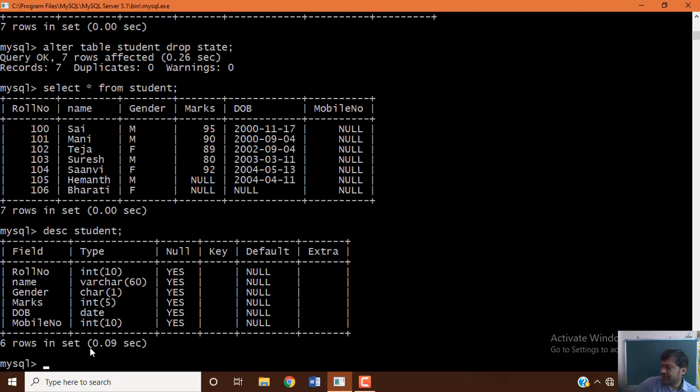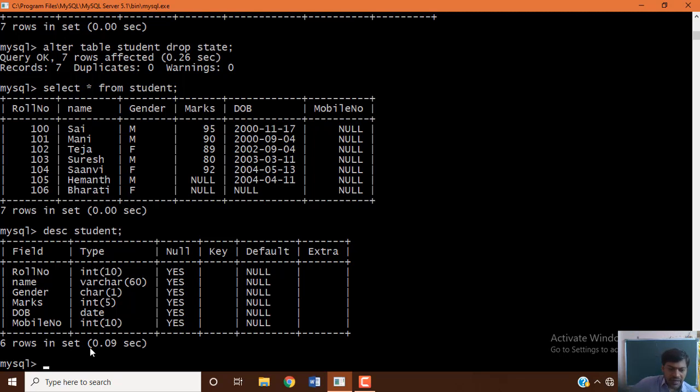This command will completely destroy the table structure. So when you want to delete a table, first understand that if it contains data, the data has to be deleted first, then only will you be able to delete your table also from your database server.